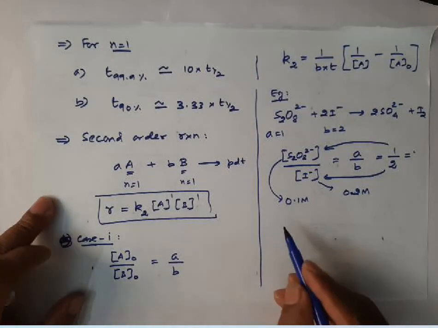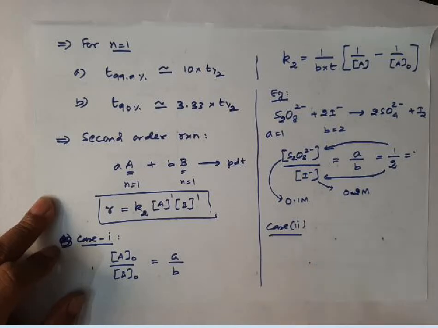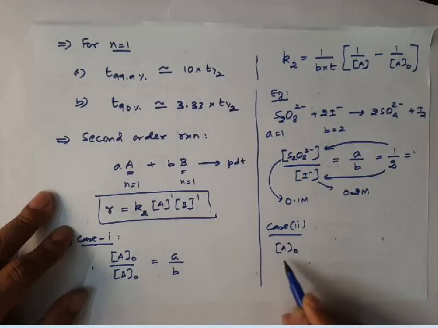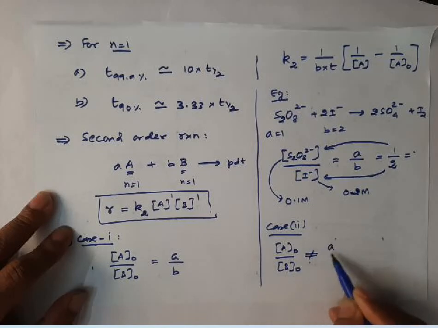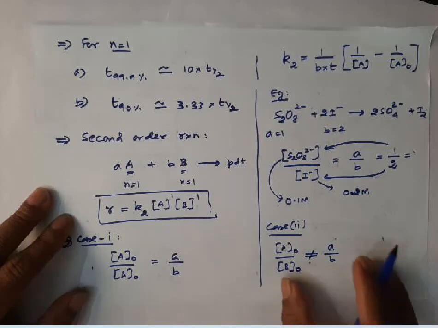Suppose they are not equal, case 2. Suppose these two are not equal, then what to do, right? In this case, suppose the initial concentration of A and the initial concentration of B is not equal to the stoichiometric coefficients of the reaction, in this type of case, then